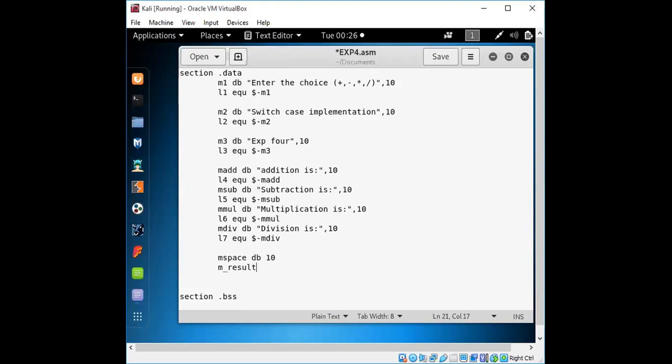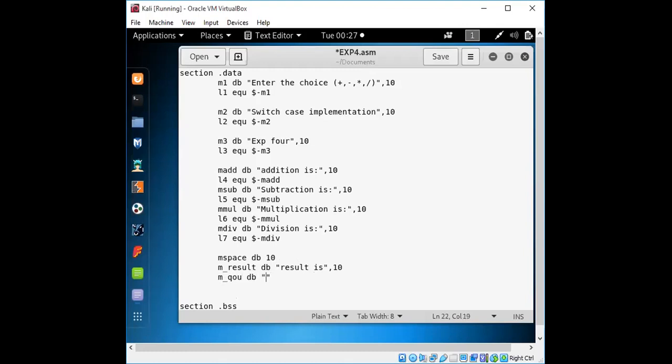Okay, result is... quotient, we'll take it as n underscore. So we're able to get the detailed output, right?